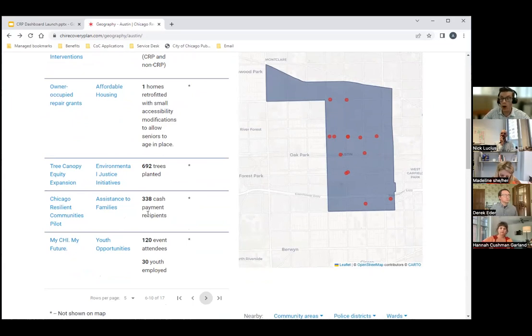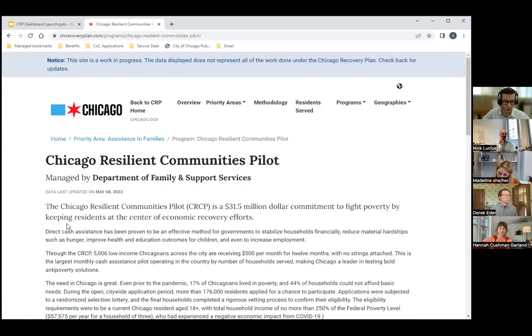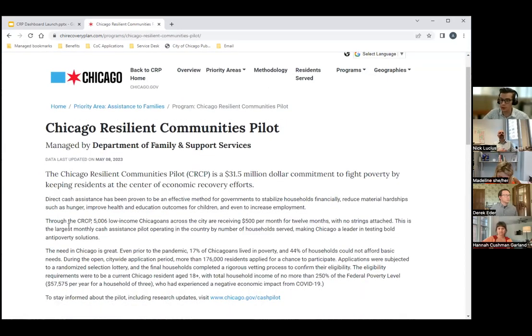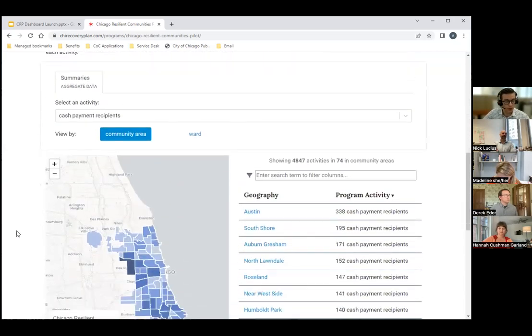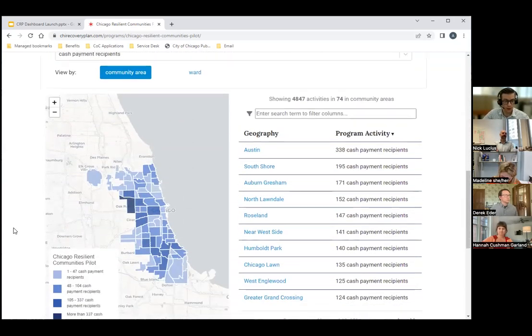area. We aren't, of course, going to share personal identifying information about those participants. They won't show up as points on a map. But if you're interested in how that program is active across the city, you can click on the program name, and that will navigate you directly to a specific program page for this program. At the top of the page is summary text about the program that you're viewing. And then below that is a data visual, a map showing the number of cash payment recipients by community area